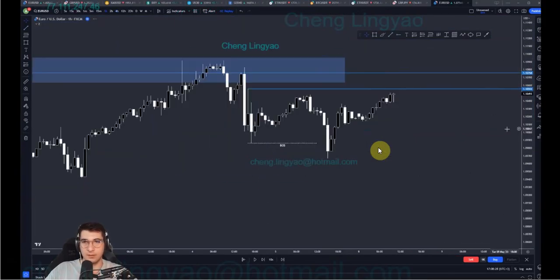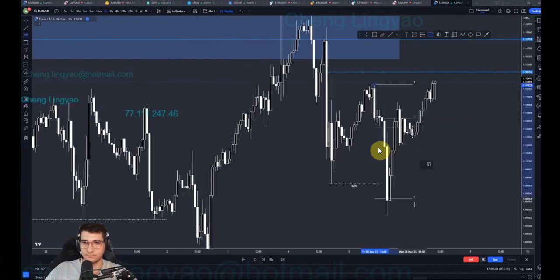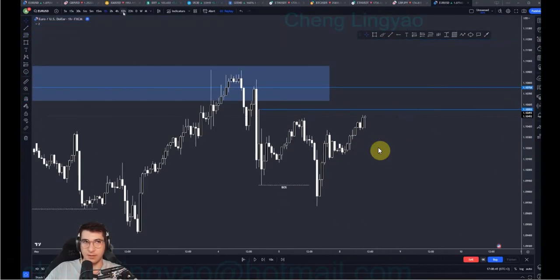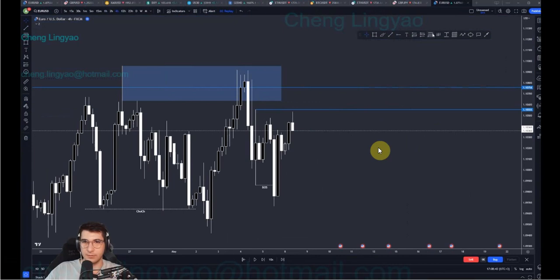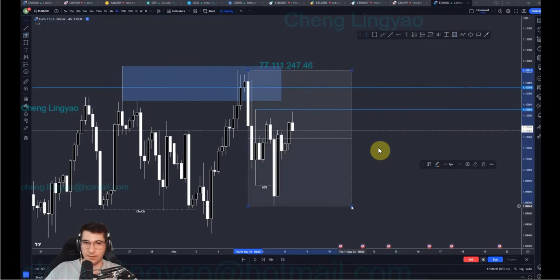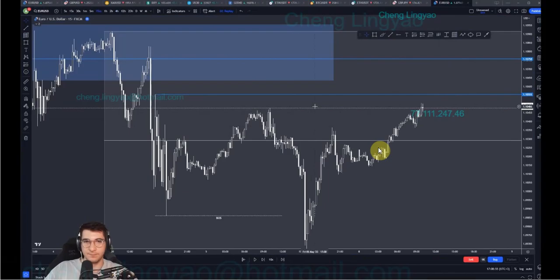So we can basically take this, but it was invalidated because we had a V shape. So I'd rather just take the bigger move, which is 4-hour. Or in this case, we can use the premium and discount, because price is coming back up again. So we are in the premium area again. We can start looking for more sales